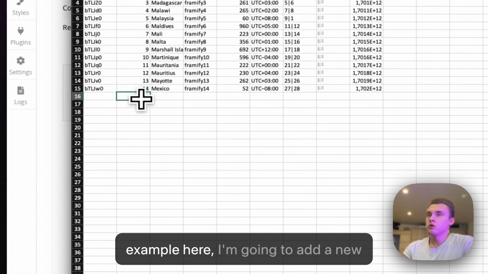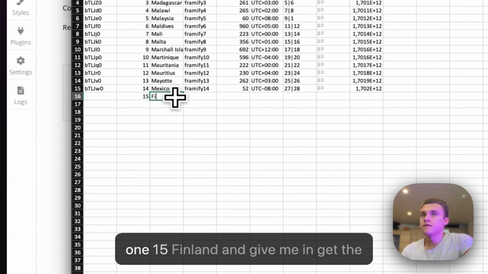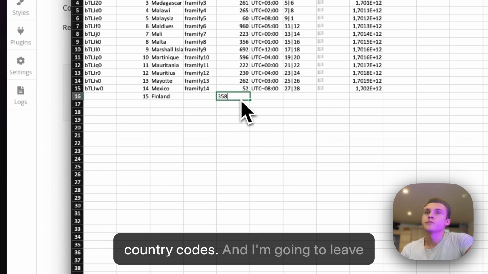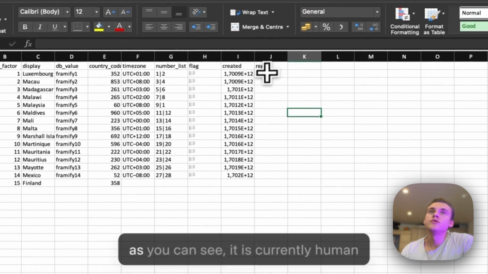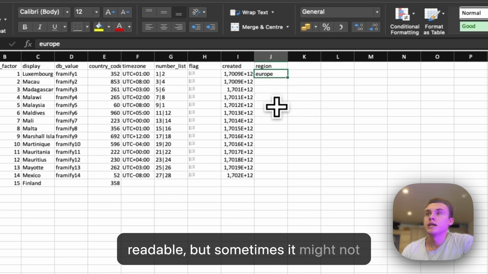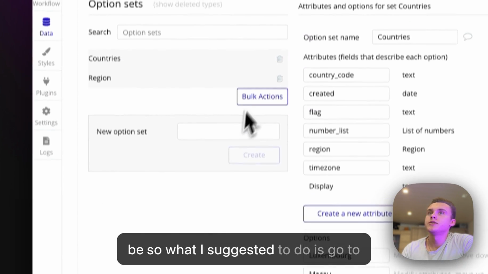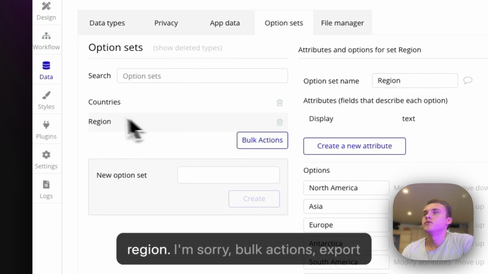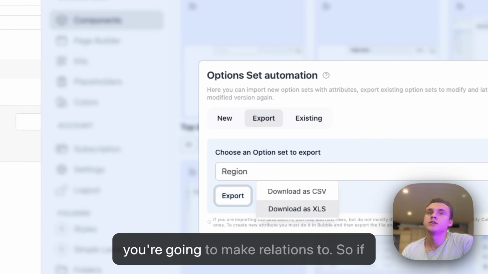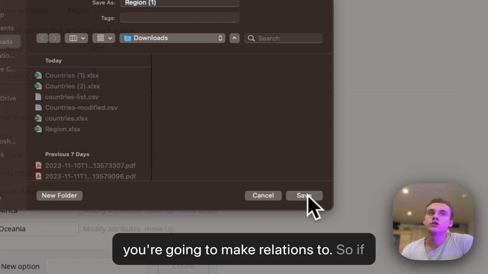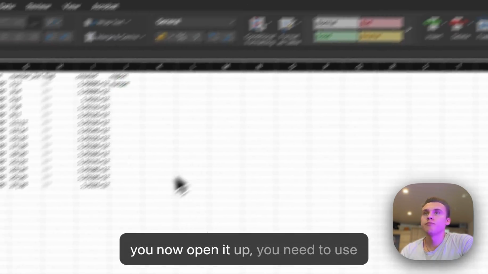So for example here, I'm going to add a new one, 15 Finland, and give it the country codes. And I'm going to leave the rest empty. So back to the region. As you can see, it is currently human readable, but sometimes it might not be. So what I suggest is to go to region, bulk actions, and export the same option set that you're going to make relations to. So if you now open it up,